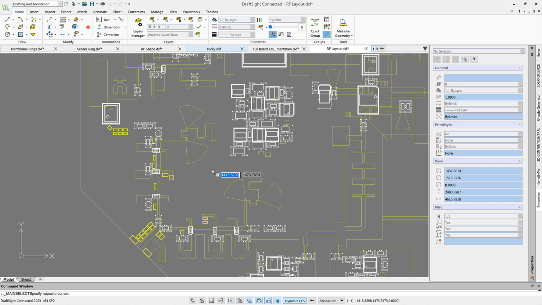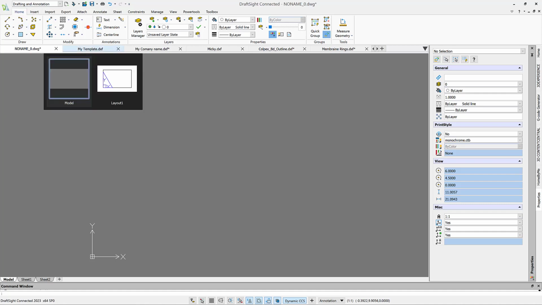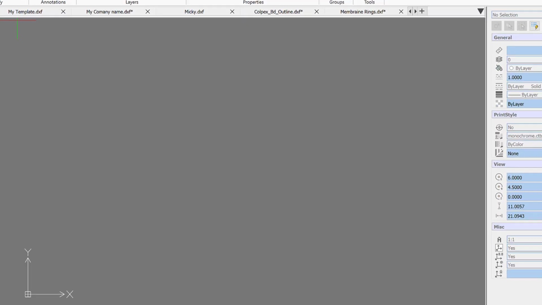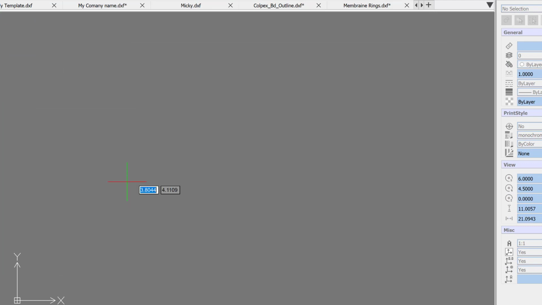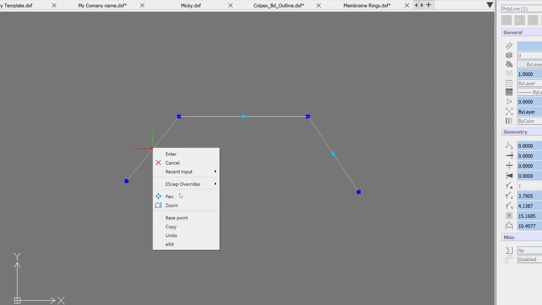So, believe it or not, this is a must-have for PCB layout. Just for fun, I'm going to show you on a project that I actually had to design a long time ago. Let's go and create a P-line or polyline. Let's start right here. I'm just going to do a couple more lines and just stop here. Okay, very simple, right? But what if I have to now convert this into